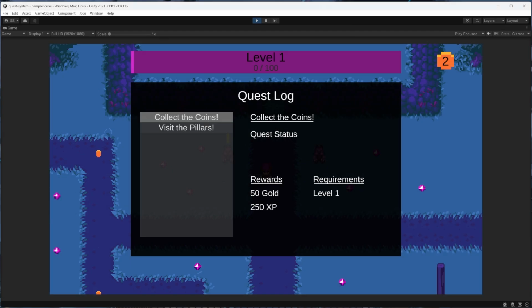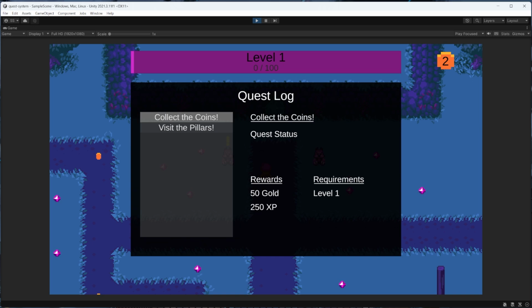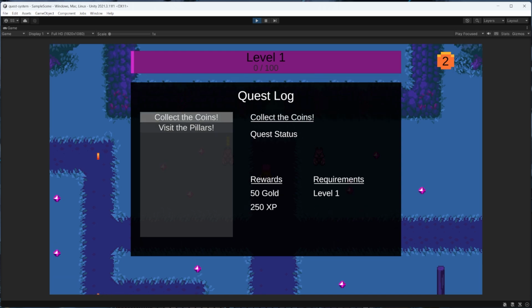And we'll see that when the game starts up, the scrolling list gets populated with the couple of quests that we have in the game, and we can also use arrow keys to move between those two quests, in which case the information in the quest log is changing according to the quest that we have selected. That shows we have a pretty good foundation for the quest log UI, and so next we'll want to toggle